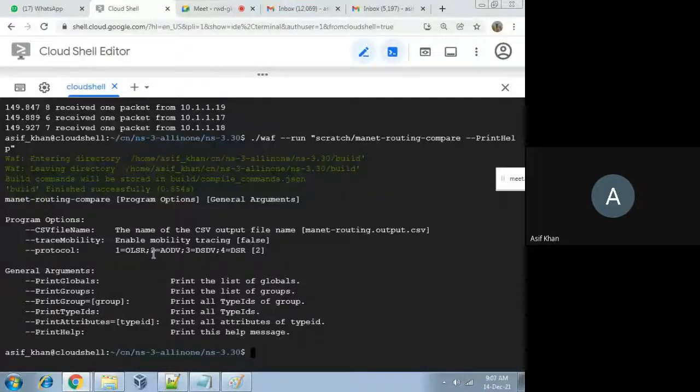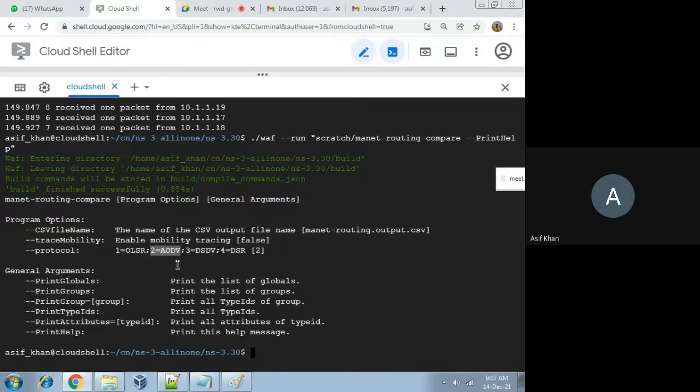And if you pass 4 for the protocol, then the DSR protocol will be executed. By default, protocol 2, AODV, is executed. Now let's pass these values. It has already executed for 2 because that is the default value.